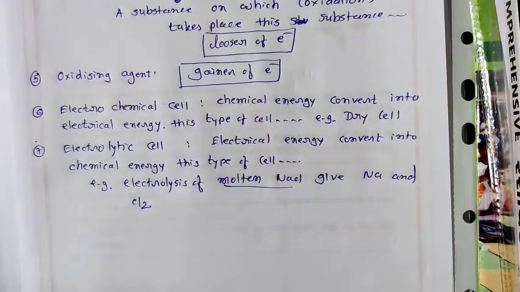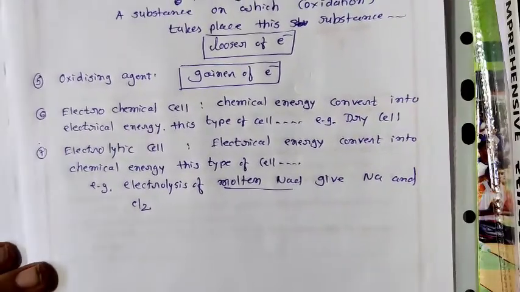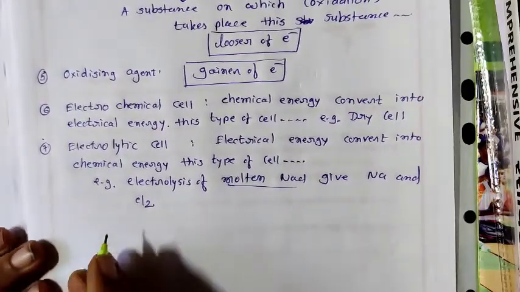I think in 10th standard you have studied the important topic of electrolysis of copper sulfate, the electroplating process. You are all aware of this important point: if we take a beaker and add a copper spoon in it, and the other one is a simple rod, and we pass the current, the plating of copper will be on the spoon. This type of process is known as the electrolysis process, and this cell is known as an electrolytic cell. So when electricity is converted into chemical energy, this type of cell is known as an electrolytic cell.